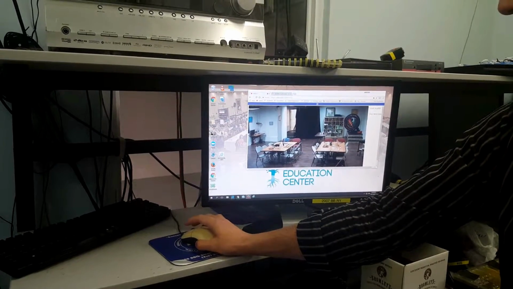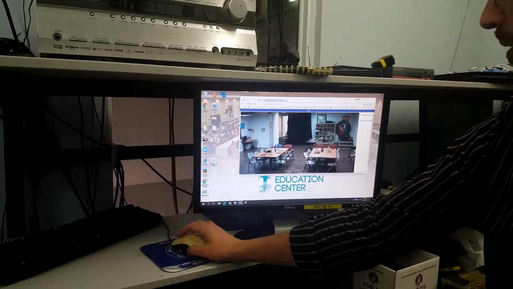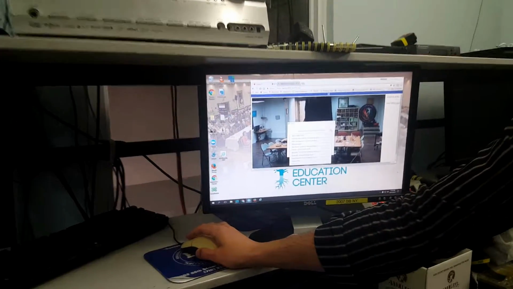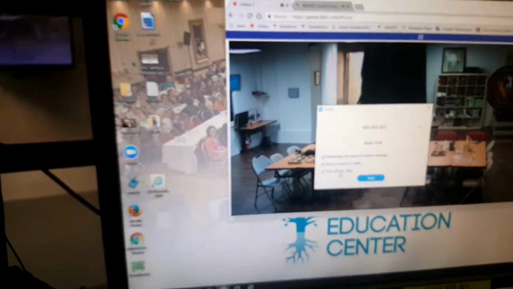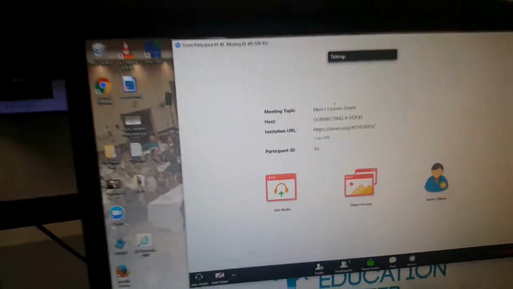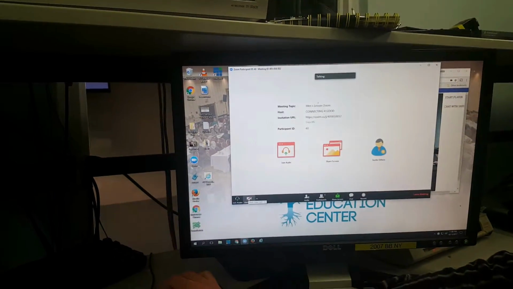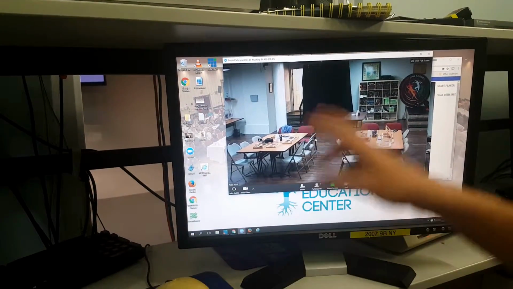So Zoom, over here we're hitting the Zoom button. We do join a meeting, and the address should already be saved for the lesson Zoom. We go into the men's lesson Zoom. Don't connect to audio, turn off the video, and join. Once you're joined, you can start the video over here on the left. You hit start video, you should see us, and if there's somebody else in the room, you'll see a bunch